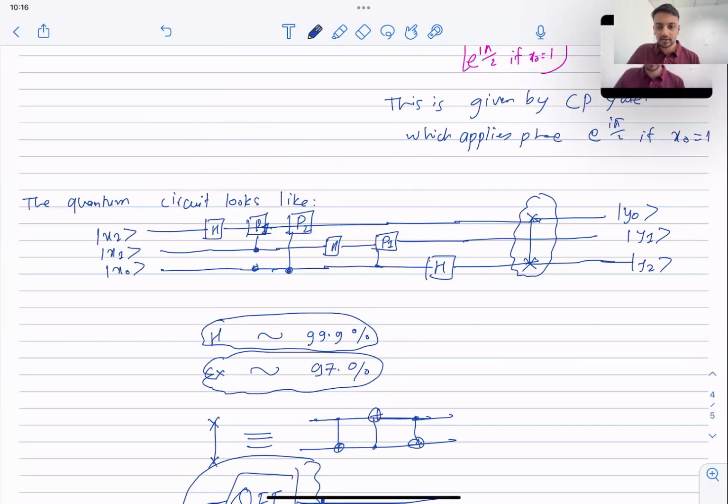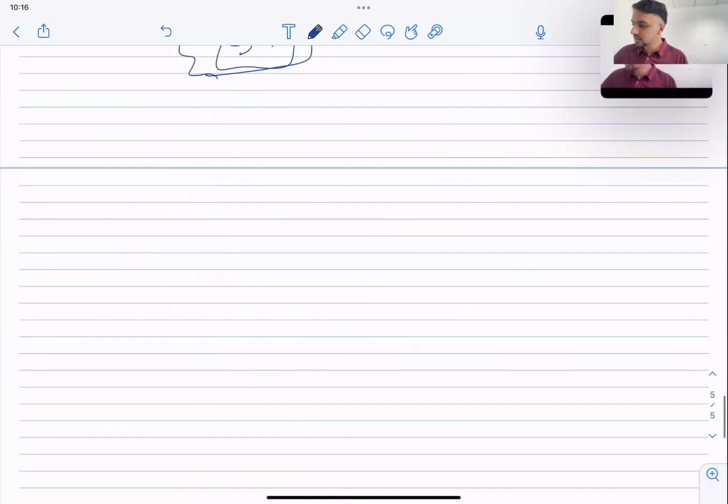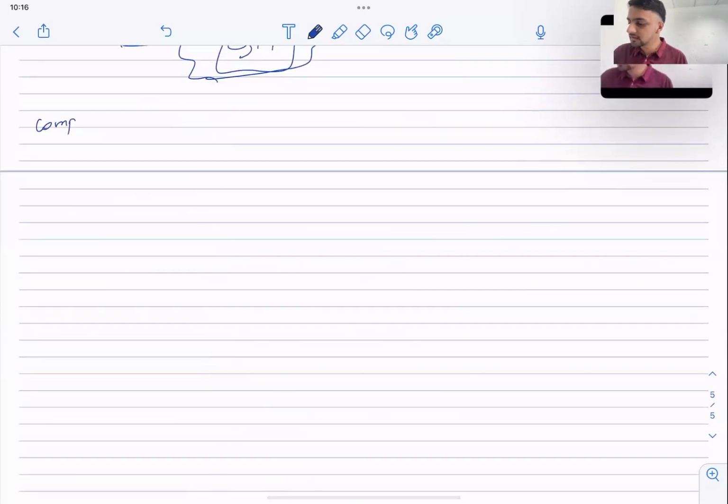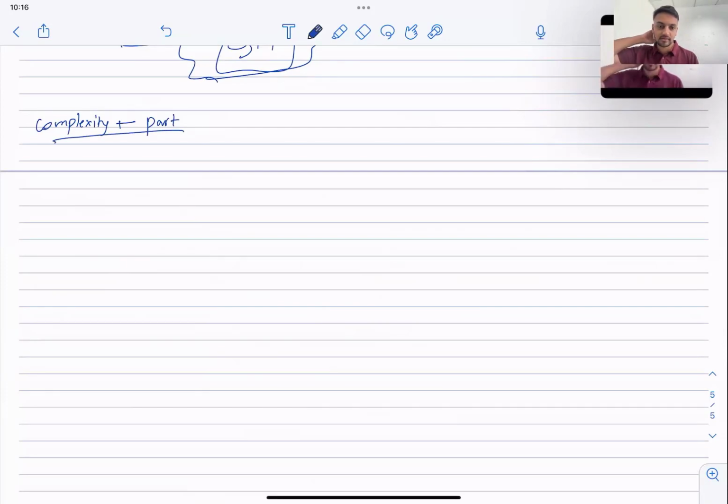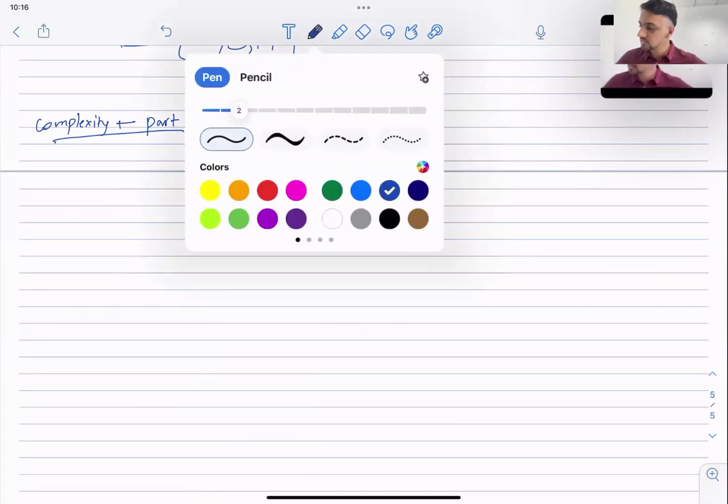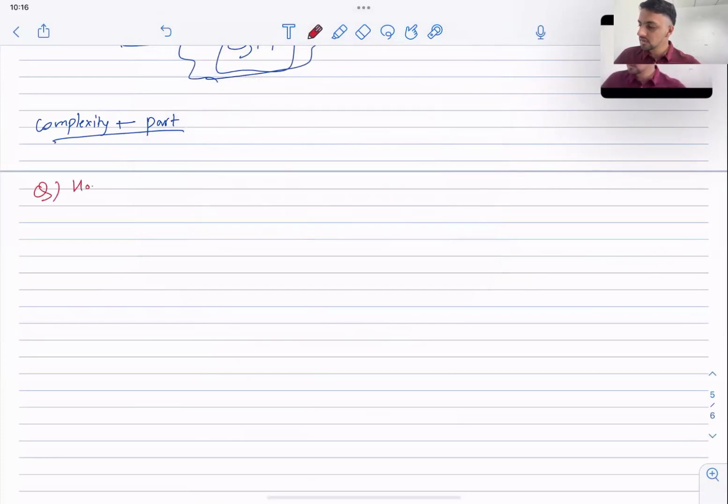Thanks a lot. Okay, so let's get back to the complexity analysis. I would say this is the most important part, or at least one of the most important parts of the QFT lecture. The reason for this is, we did this procedure, we figured out a quantum way of doing it, right? Which is nice and all, but how many operations did we apply? So the question is, how many